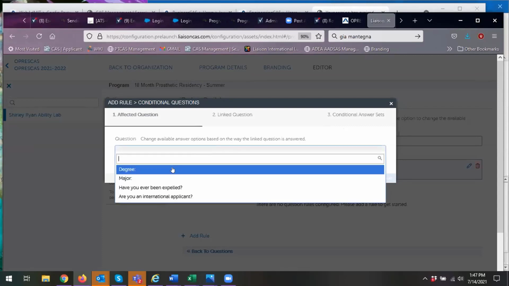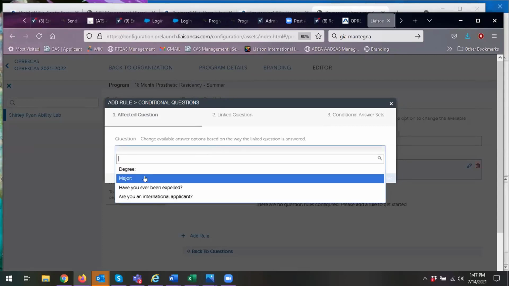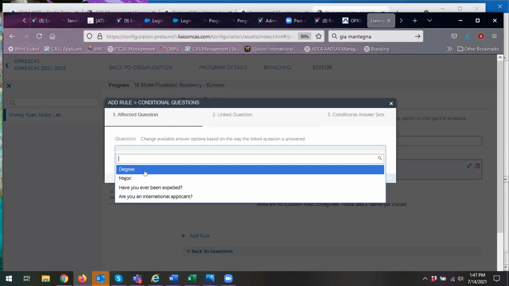So let's say, now I have here degree and major. This is really just an example to illustrate how the feature works. We do ask for degree and major in the core of the application. So this wouldn't specifically be something you have to add. But let's say,